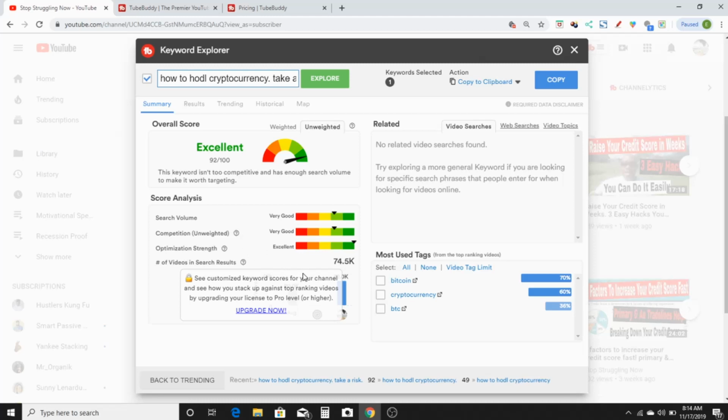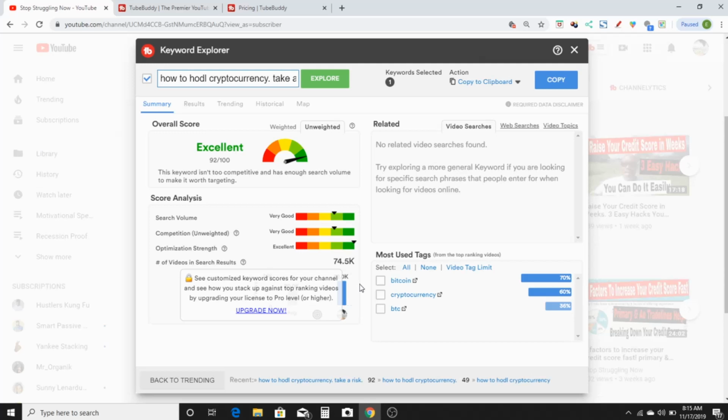The other thing with YouTube is you have to have tags down below. So that also helps with search. You've heard of the hashtag kind of thing, like on Instagram or Twitter or most places, you can put in a hashtag and whatever you're looking for, or statement or name, and something will come up. But the tags are similar. So when somebody, instead, isn't looking for how to hodl cryptocurrency and take a risk, they're looking for